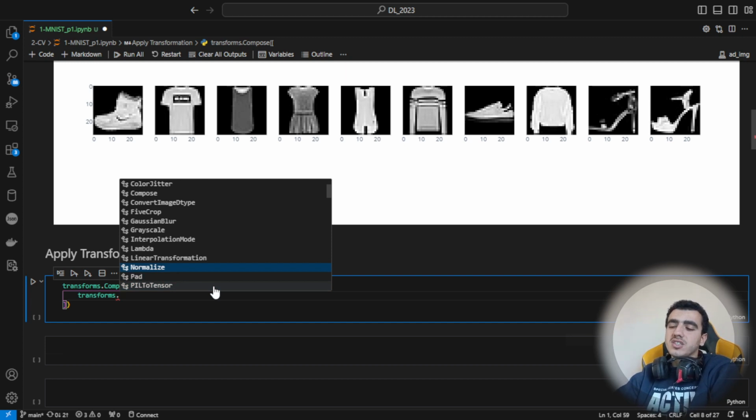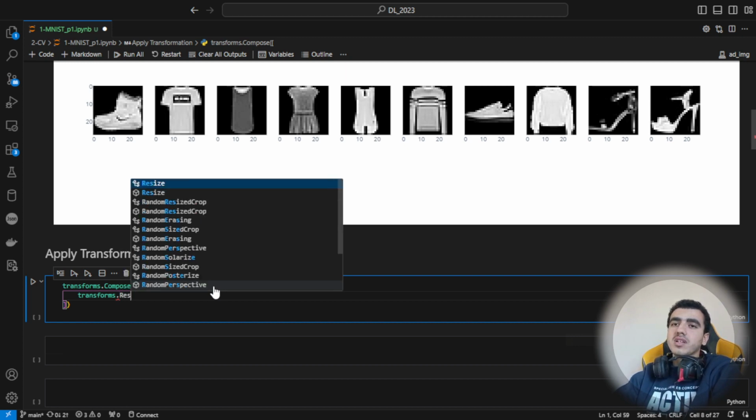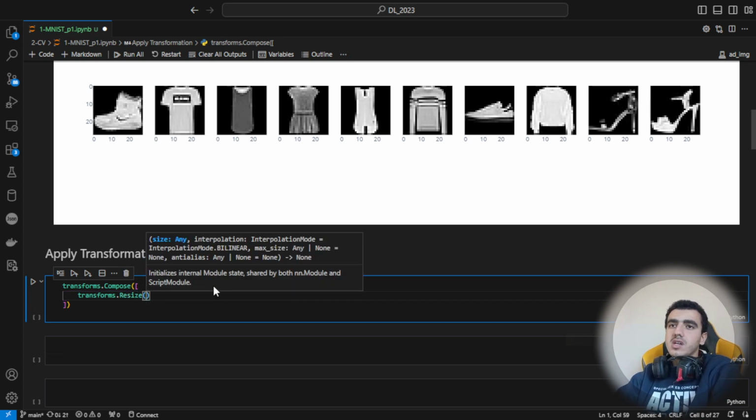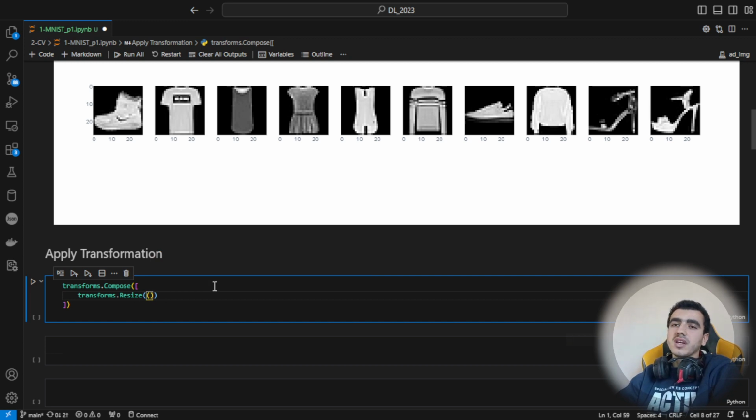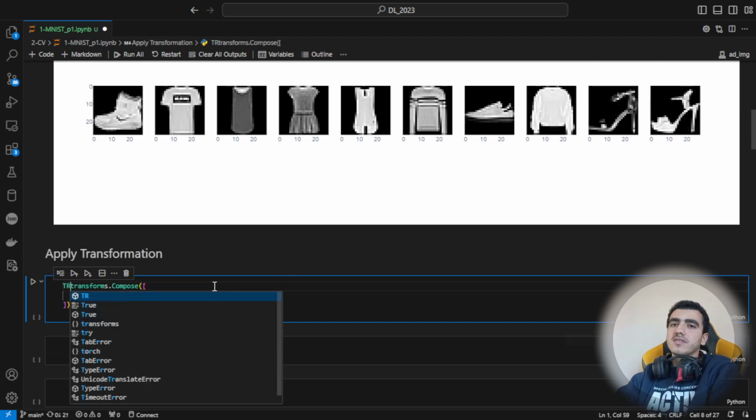Normalization is efficient for making our images have a uniform distribution, like the distribution of the images is the same somehow. So while training the convolutional model, it will be easier in learning. Okay, so we will be using it, but first let's start with some simple transformation like the resize one, and it takes a size as input in a tuple format. For example, I need here to make it 10 by 10, and let's save it in a